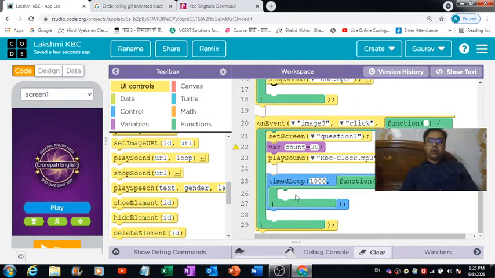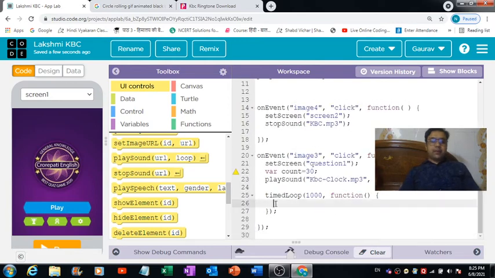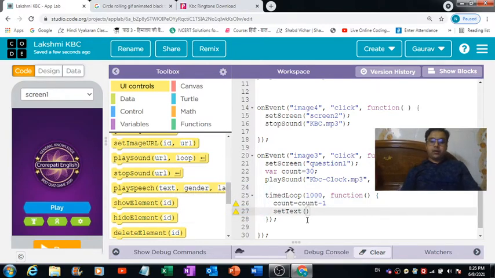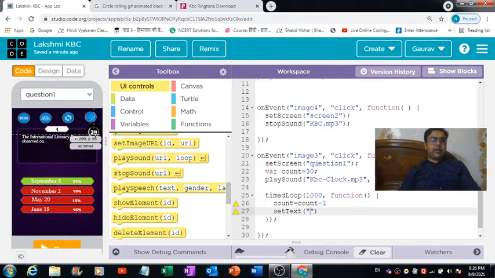Okay, now here what we can do, after every second I would like the value of this count to get decremented by 1. So we can simply write down count is equal to count minus 1 over here, and then whatever the value of count is at any point of time, I would like that to get reflected over here in this text box.